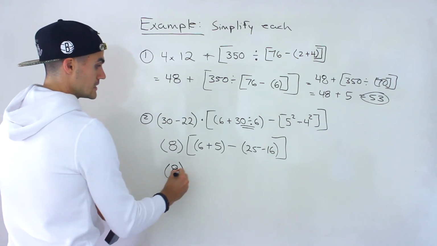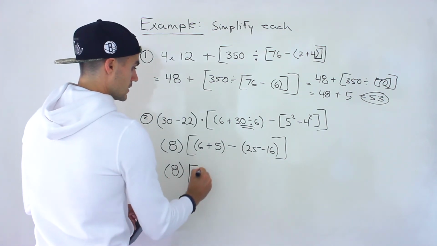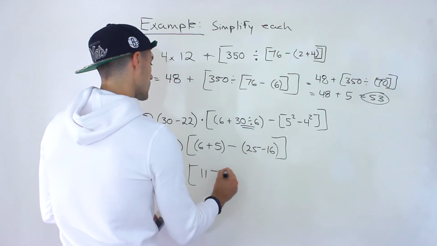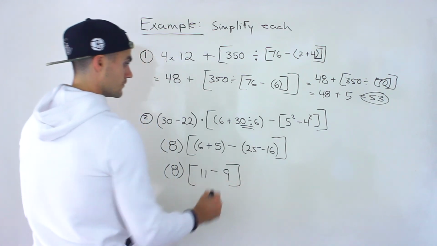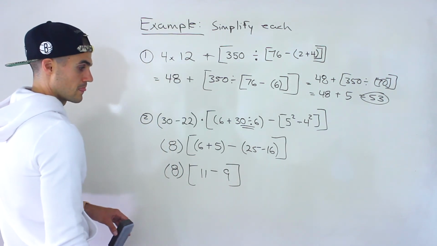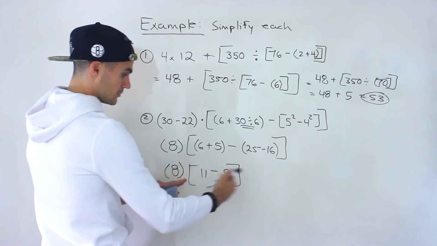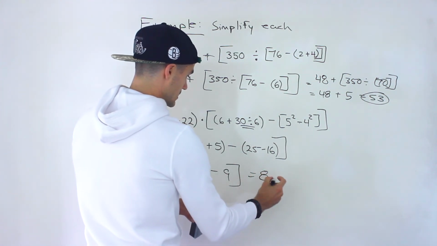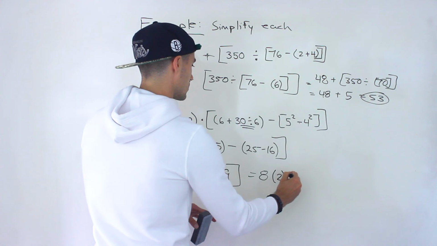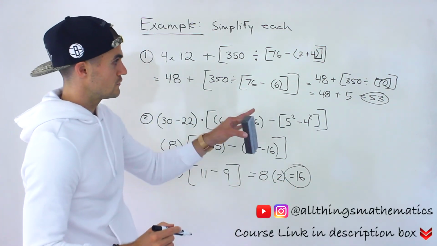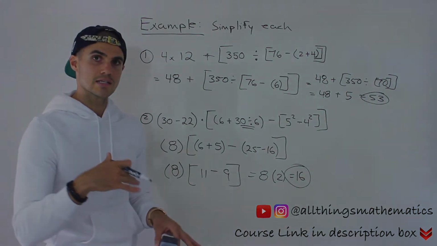This would end up being 8 still. This would end up being 11. Minus 25 minus 16 in brackets, that would give us 9. Like that. And then 11 minus 9, we work with the bracket first before multiplying, so we'd have 8 times 2. That would be 16. Right, so 53 is the answer to number 1, 16 is the answer to number